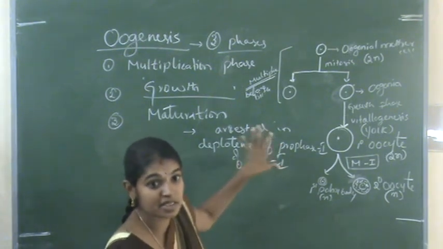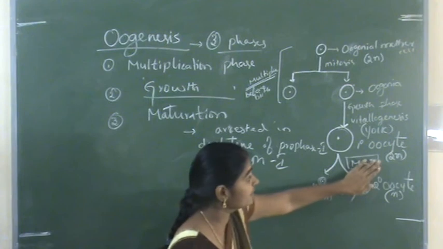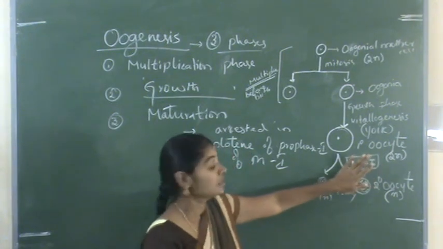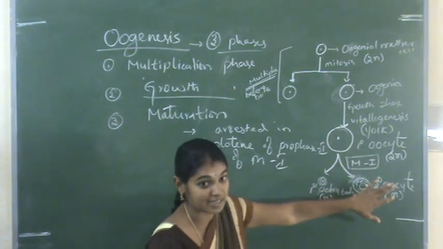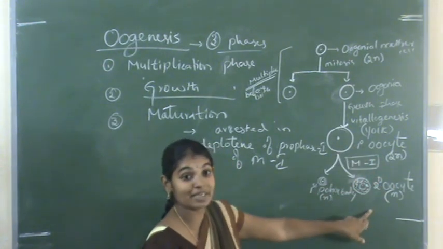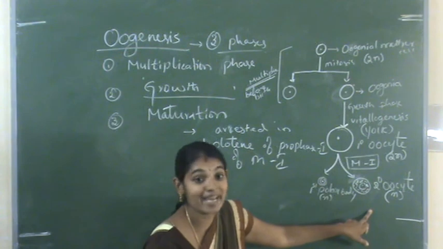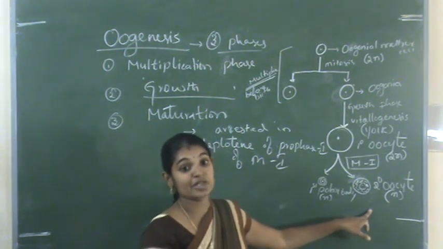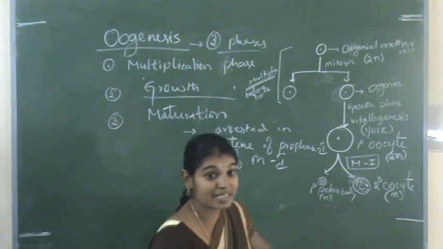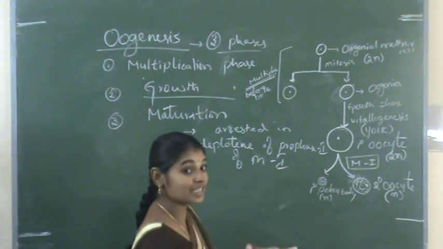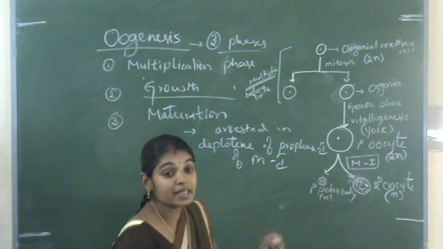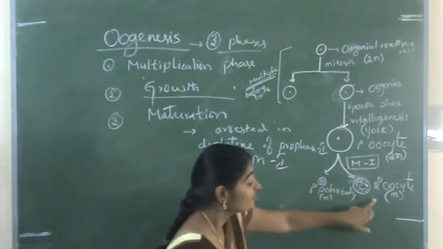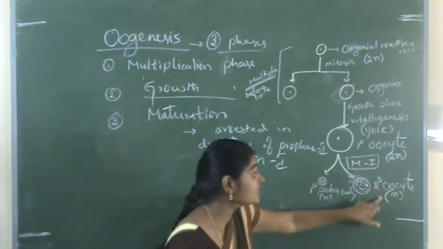At this stage, the development of these oocytes is arrested, that means it stops at this stage. Further development of the secondary oocyte takes place only after insemination. That means when the sperm enters the female tract, that induces the formation of the egg from this